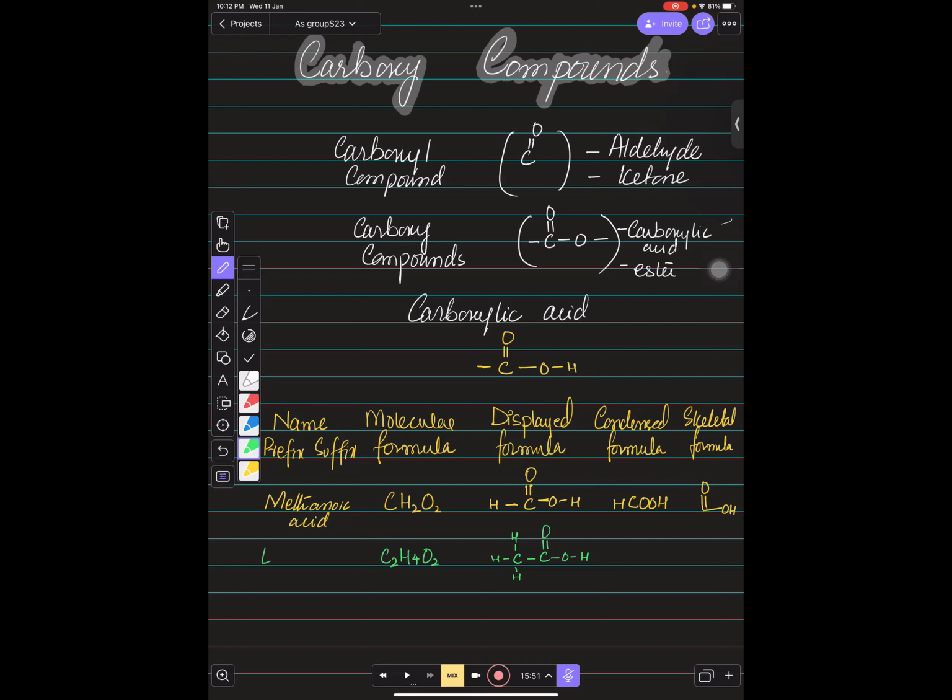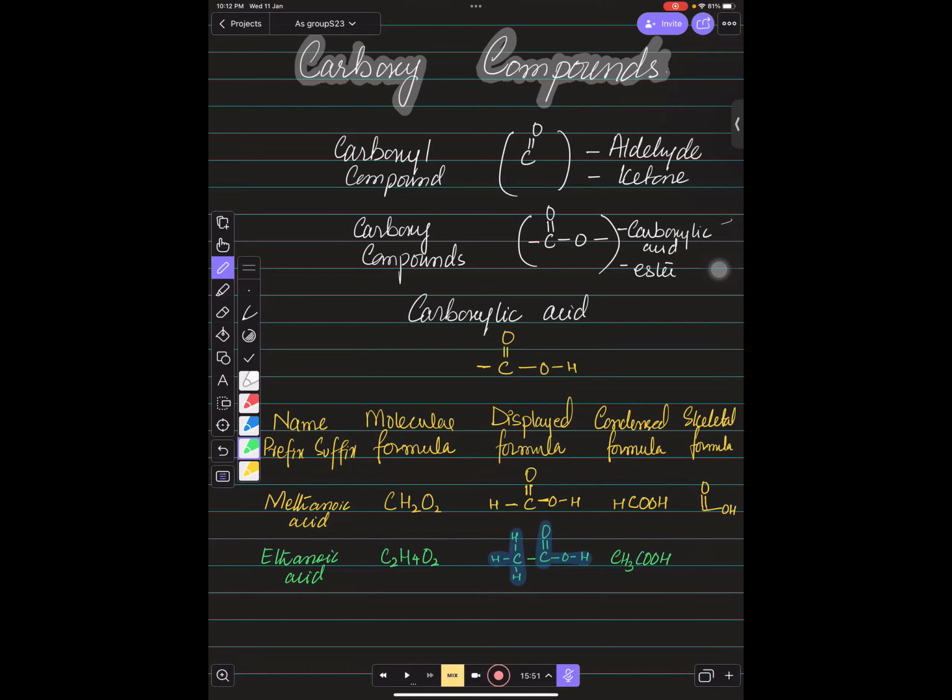And the name of this compound is eth. It's the prefix for 2 carbons. And now this is a carboxylic acid, so it is ethanoic acid, right? And if you want to find out the condensed formula for this, you can see this carbon having 3 H's and this carbon having COOH. So you can write this as CH3